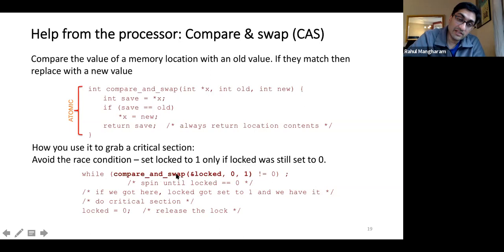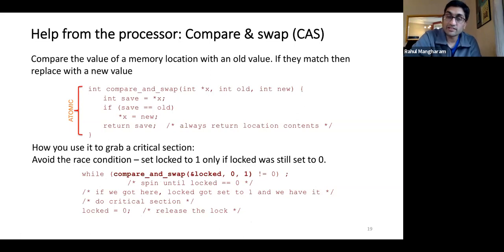So we do compare and swap while this, and we have our lock over here, and we want to set the old value to 0 and the new value to 1. So basically we are saying that if this lock was 0, then I can set this lock to 1, and then I'm basically locking it, and then I can run my critical section. Then I set the lock to 0. So it's kind of the same, but it's not exactly the same, right? Because here I'm explicitly giving it these values